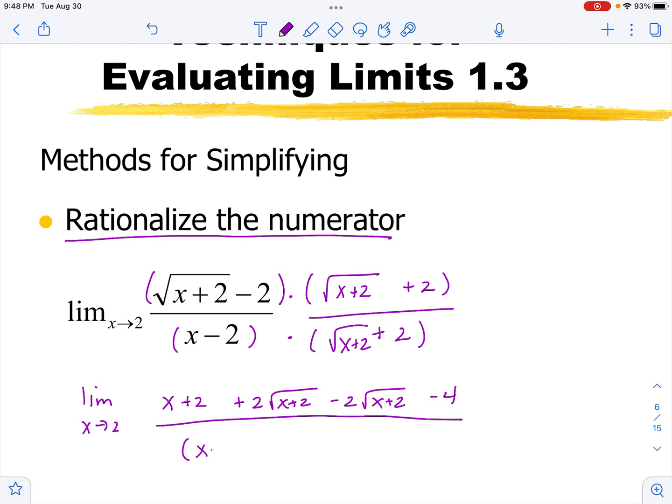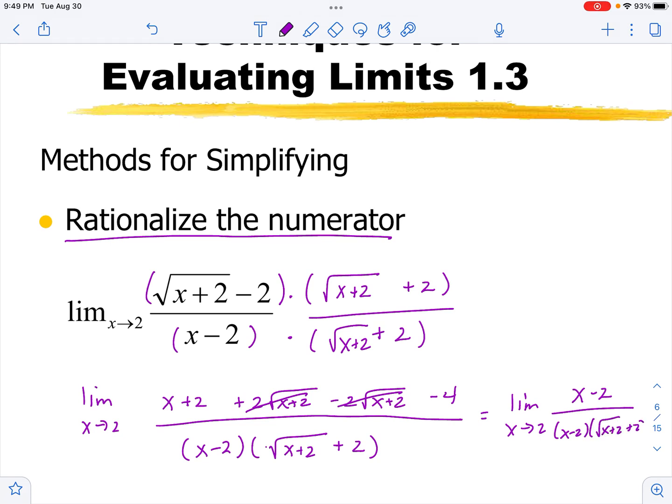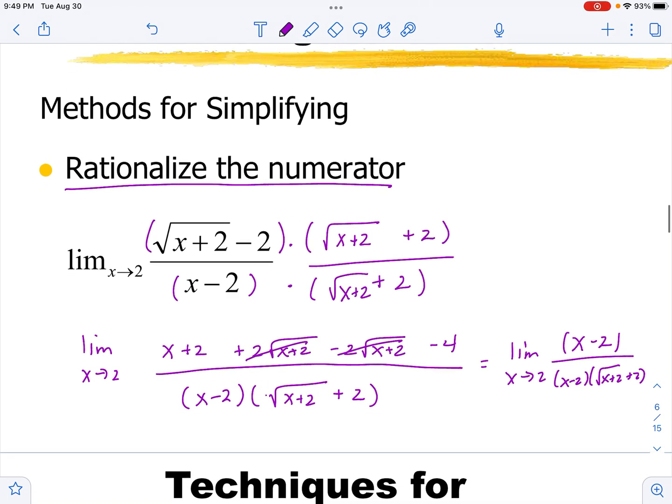Again, in our denominator, we are not going to multiply these out. We are going to leave them exactly the same. But what you will notice is in the numerator, those two middle terms will cancel. We can combine our like terms in the numerator. And that's going to give me an x minus 2 over x minus 2 times the square root of x plus 2 plus 2. So again, just like before, we have a common term in the top and the bottom,